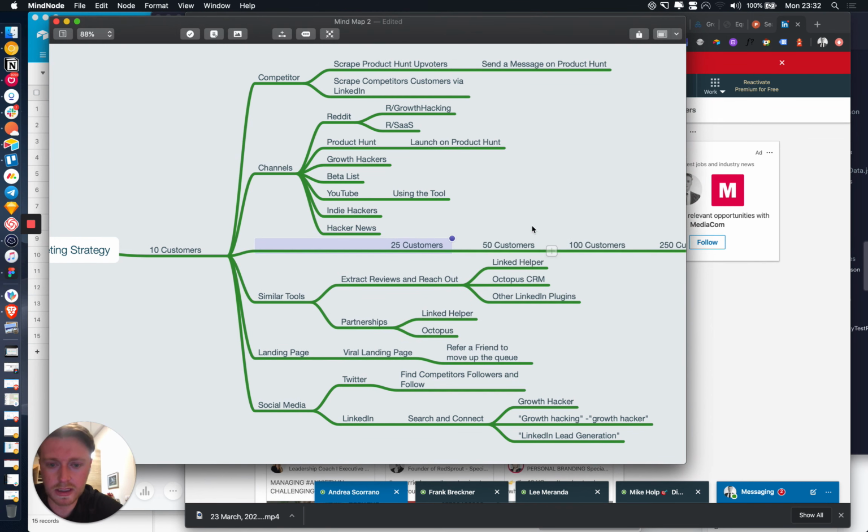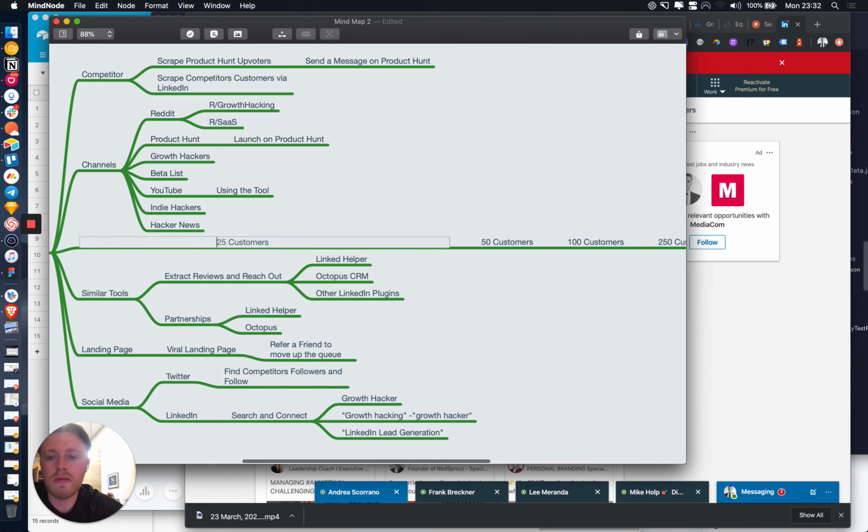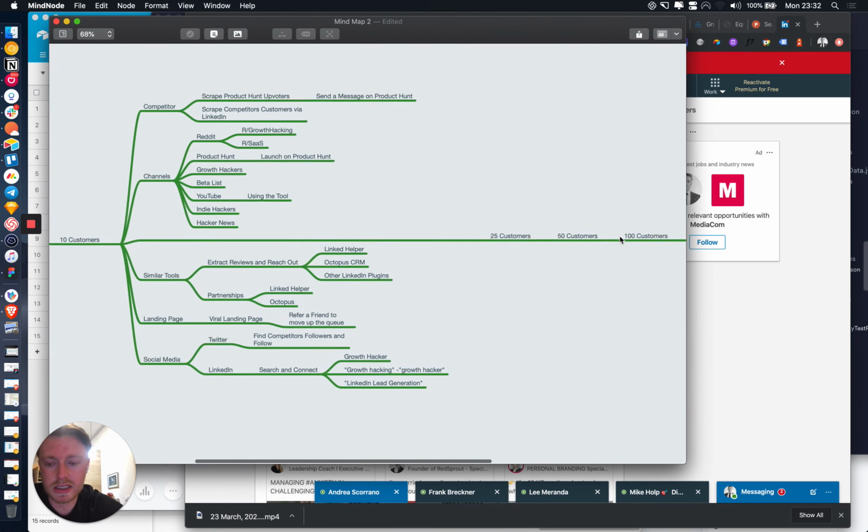I'm just trying to keep this quite neat. Okay, so I think that should be more than enough to get our first 10 customers in place. In fact, it should do more than that. But a lot of this is automated for me and it's quite easy to do. So once I've set it up, it's actually going to build up momentum for taking us over these next stages.